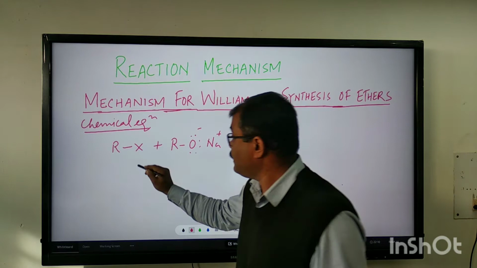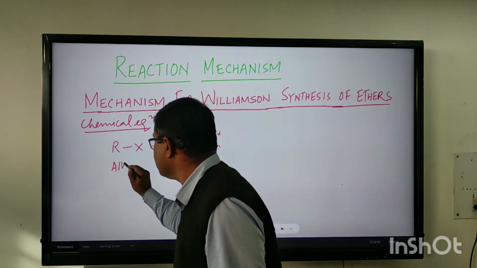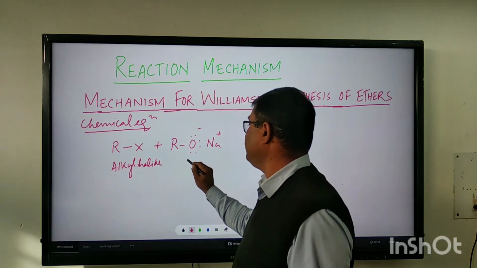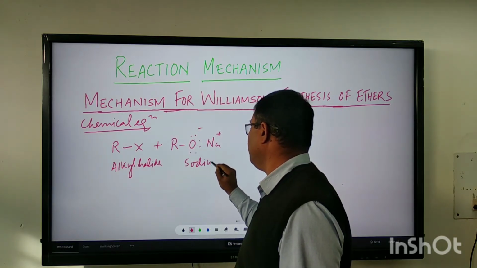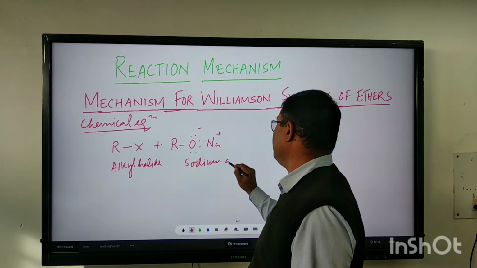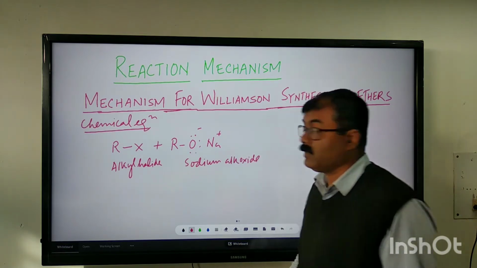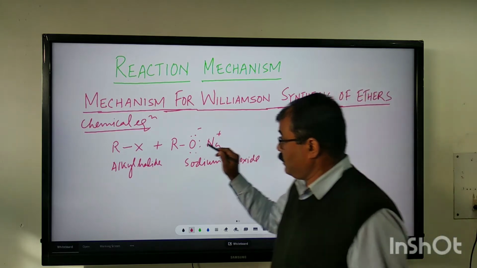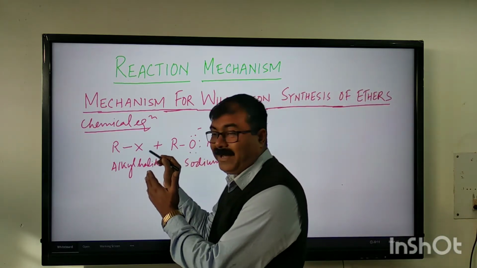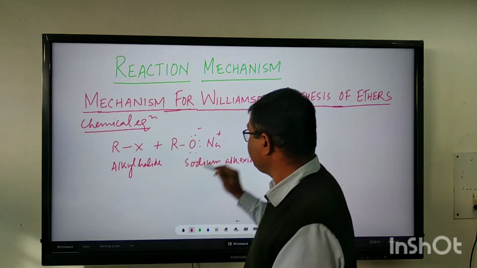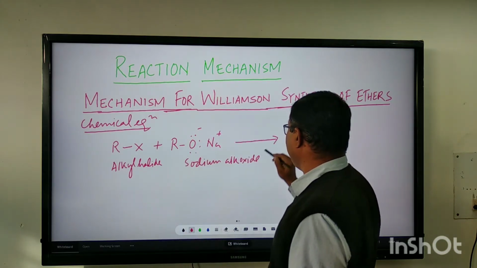See, this is alkyl halide, and this is sodium alkoxide. Okay. So when alkyl halide is allowed to react with sodium alkoxide, it will give